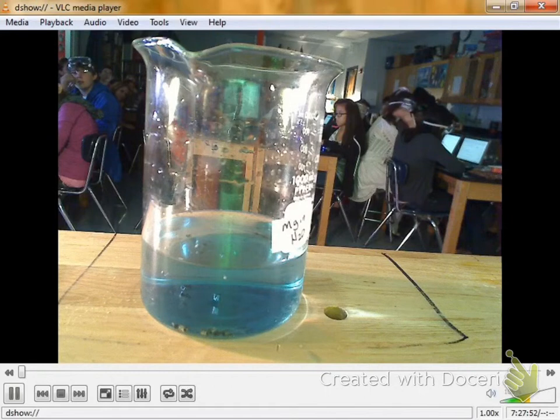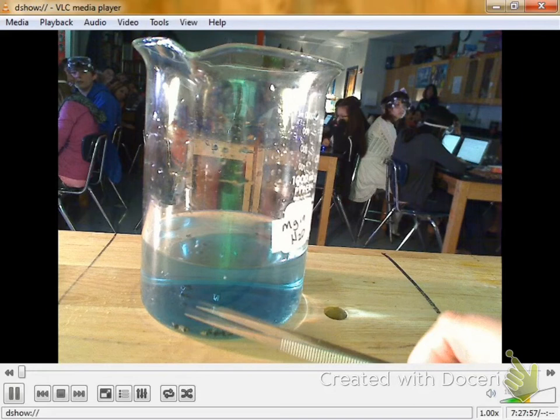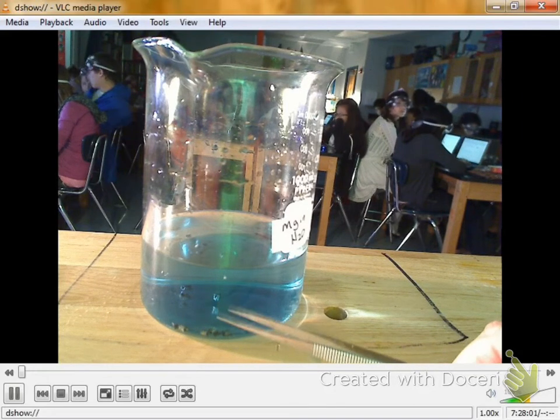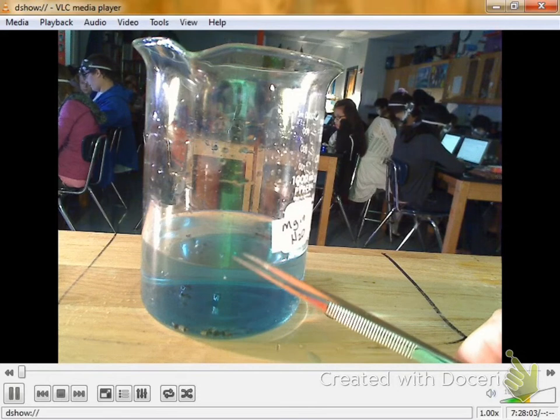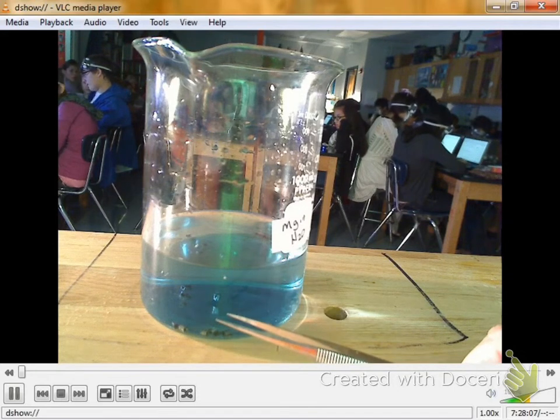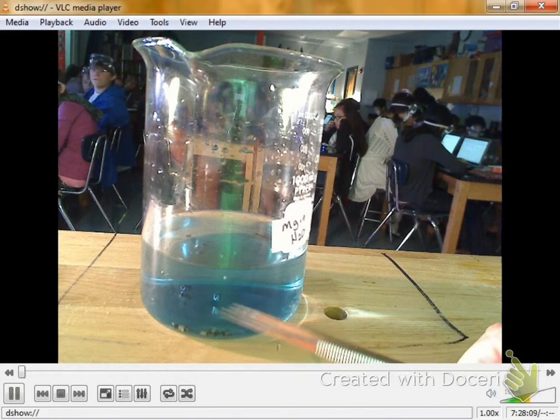Yes. What did it do? Is that still good? Oh, it didn't do nothing. What did it do? It sank. Yeah, it sank. See it down here on the bottom? See any bubbles forming around it? See any bubbles on the top of the water? Color change? Not really. No, not really.